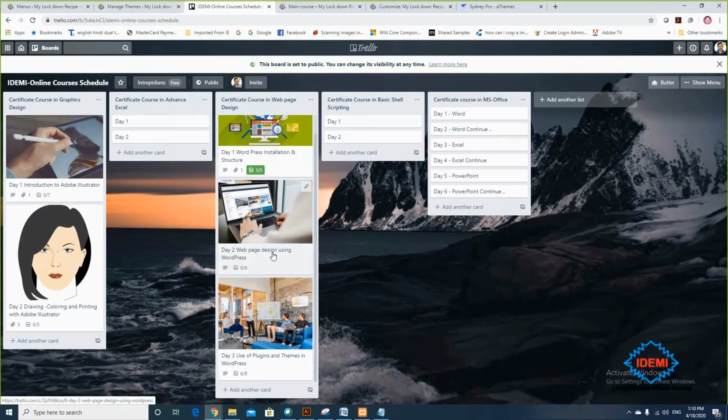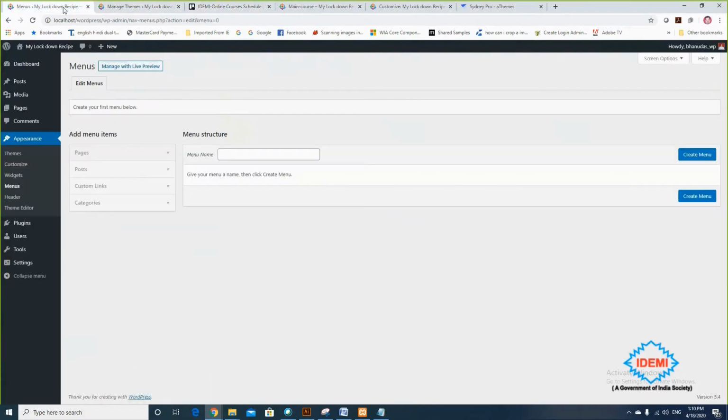The plugins are nothing but components which help us to use some programs inside our page.